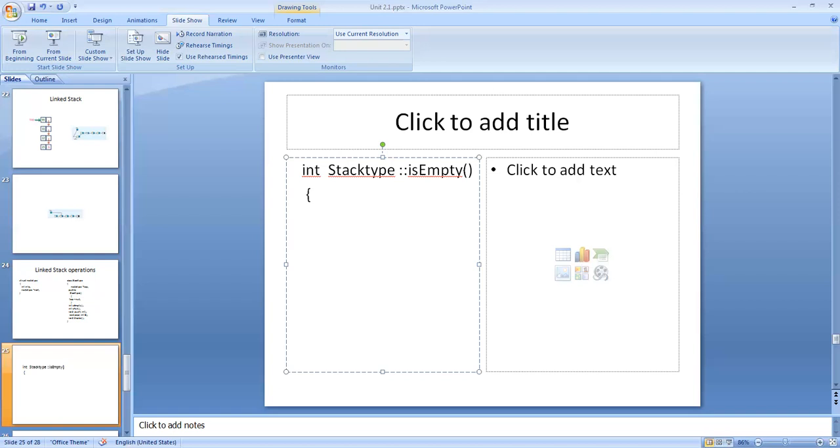Okay. Now, when the stack is created, nothing was there. So how to know whether my stack is empty or not? By probing what the external pointer top is pointing to, we will know whether the stack is empty or not. Simply saying, if top is pointing to null, you can claim that the stack is empty. Otherwise, it is not empty. So, return